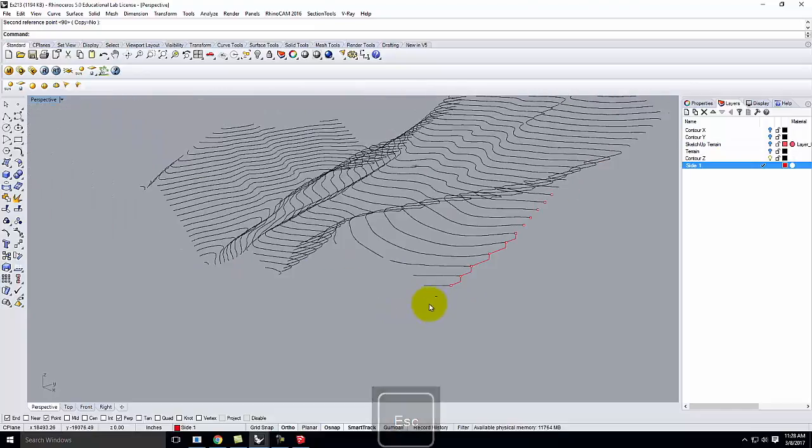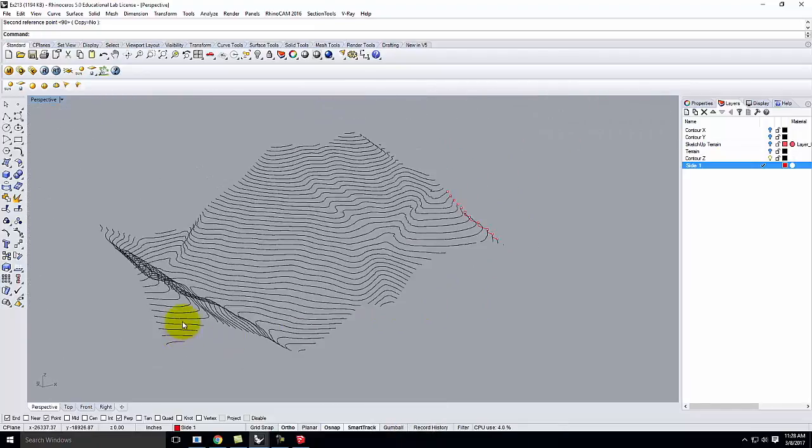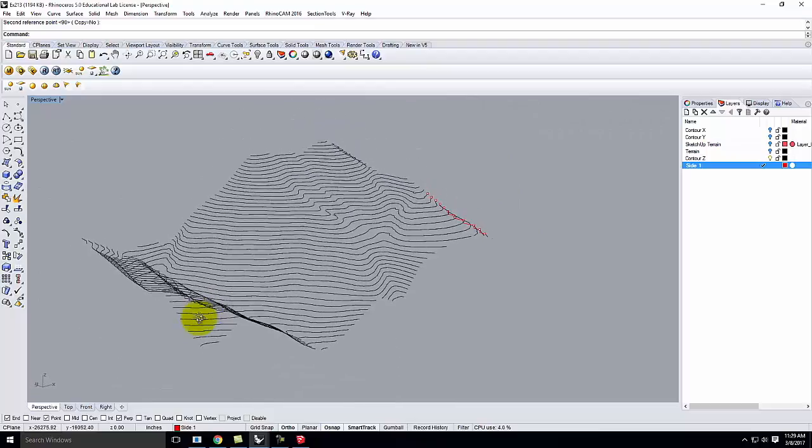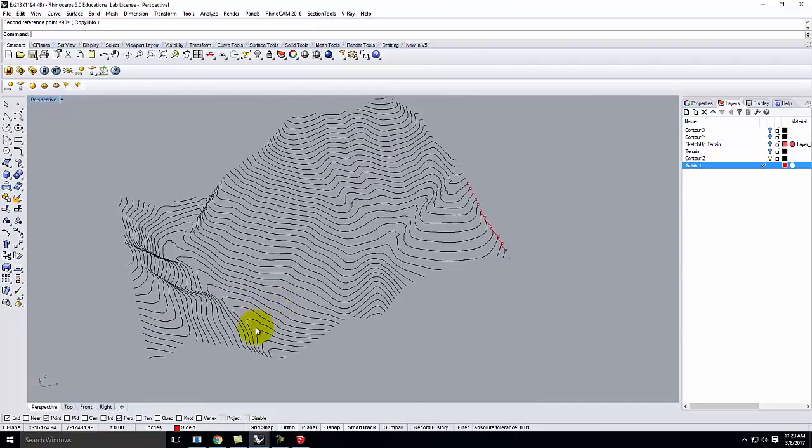on that edge. The other option was to use the C-plane to change the drawing plane from being horizontal in world top to being even with the edge of my model. And to me, this is the option that makes more sense. It's faster once you get used to it. It's a little bit more difficult to understand when we first start out. So in order for you guys to see this a little bit better, I'm going to adjust my